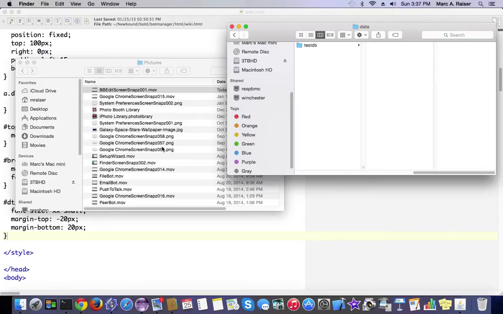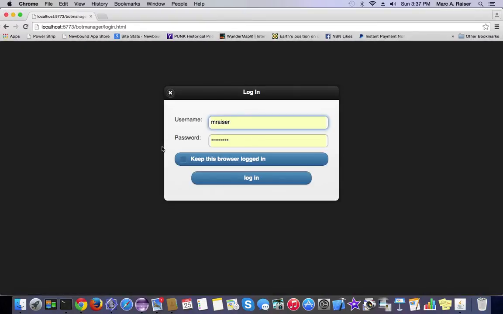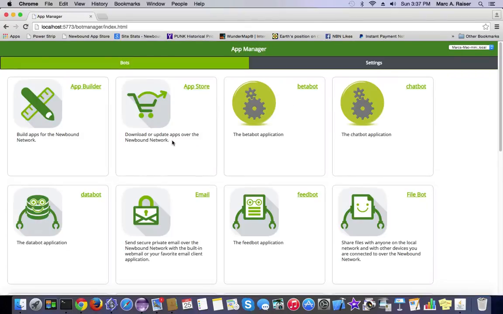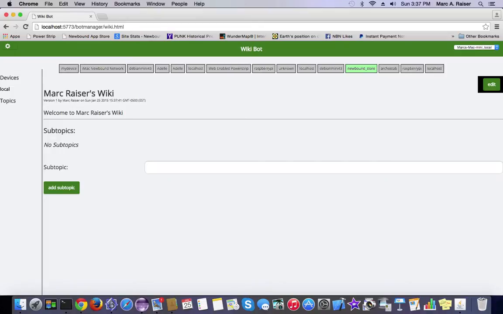So I'm just going to go ahead and blow that away, and we're going to start from scratch here, logging in, and I'm going to go to our wiki page here, and okay, we've got a blank wiki, right? So welcome to my wiki. I'm going to add a subtopic here,